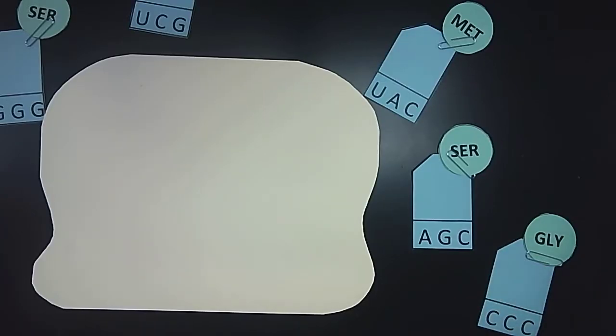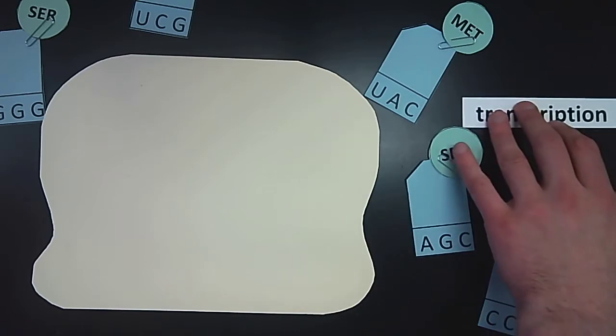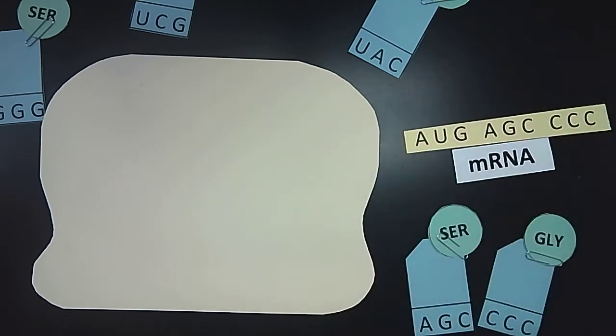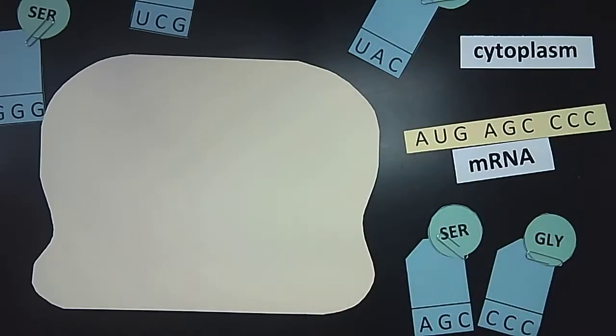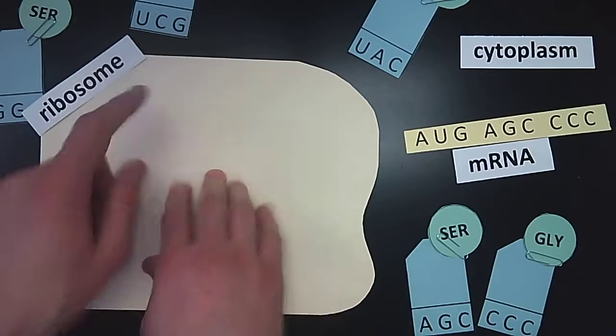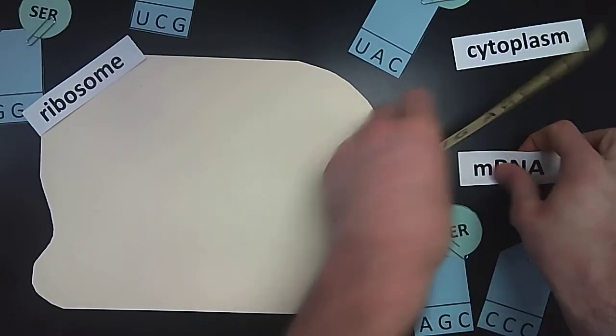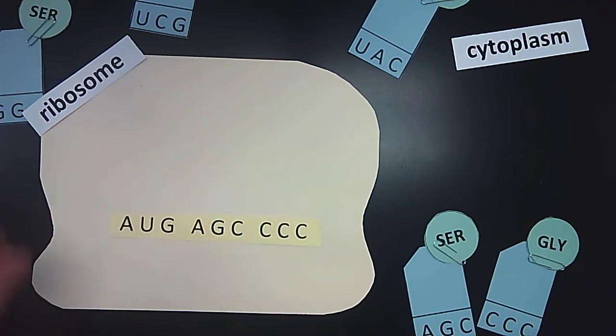Well, before translation, we started with the process of transcription. And what happened in transcription is we made an mRNA molecule in the nucleus, and now this mRNA molecule is going to come into the cytoplasm of the cell. Specifically, it's going to go to the ribosome, which is in the cytoplasm of the cell. Okay, so this mRNA molecule is going to kind of insert itself in the ribosome like this,